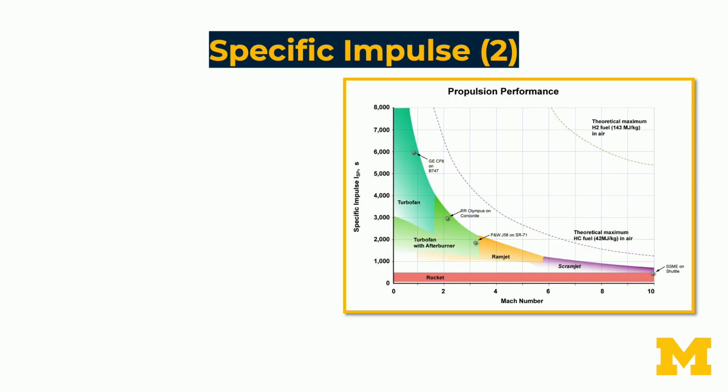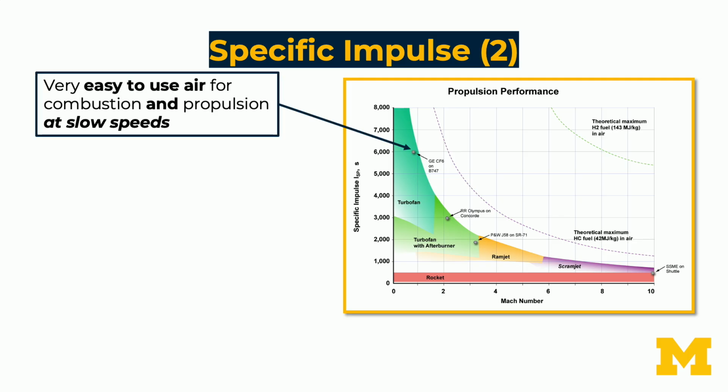So there's this chart which basically shows you the specific impulse or effective exhaust velocity as a function of the Mach number, or the speed at which you can move. Basically, way up high at very low Mach numbers, we have commercial airplanes. Commercial jets have very, very high specific impulses. And the reason that they have very high specific impulses is because they fly relatively slow and they fly at low altitudes. So they have lots of oxygen that they can breathe,